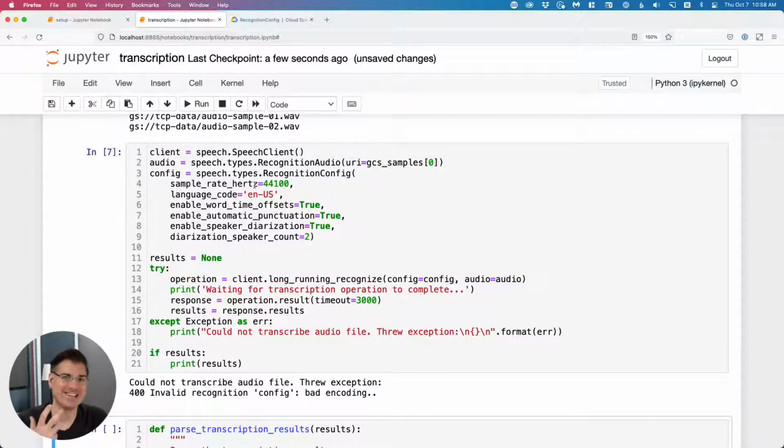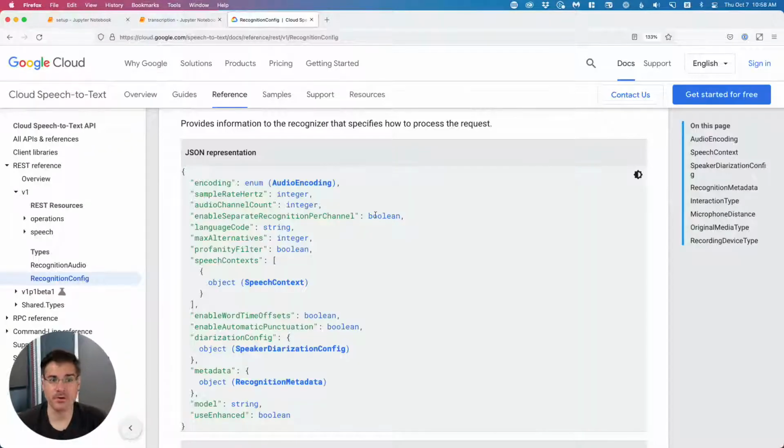This is not telling the API what this audio file is formatted as. It's saying, I was expecting something else. What I got was this compressed MP4 audio, and I don't know how to handle it. In fact, if we flip over to the documentation,